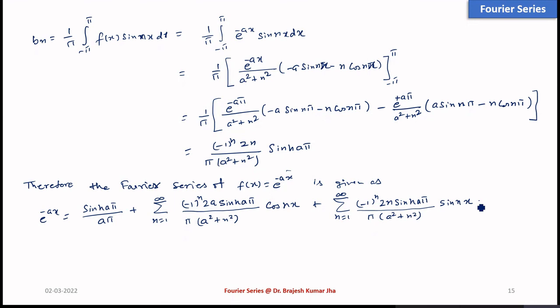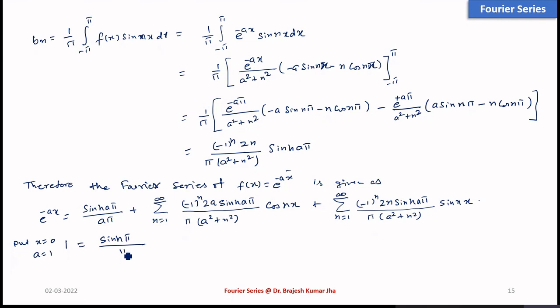Okay, so second part, 2 minutes that I will take. Now put here x equals 0. By putting x equals 0, what we get, e to the power 0 is going to be 1, and sinh(a pi) upon a pi will remain. Okay, x equals 0, and a is not also in the series, so x equals 0 and a equals 1. So it will be sinh pi only upon pi,